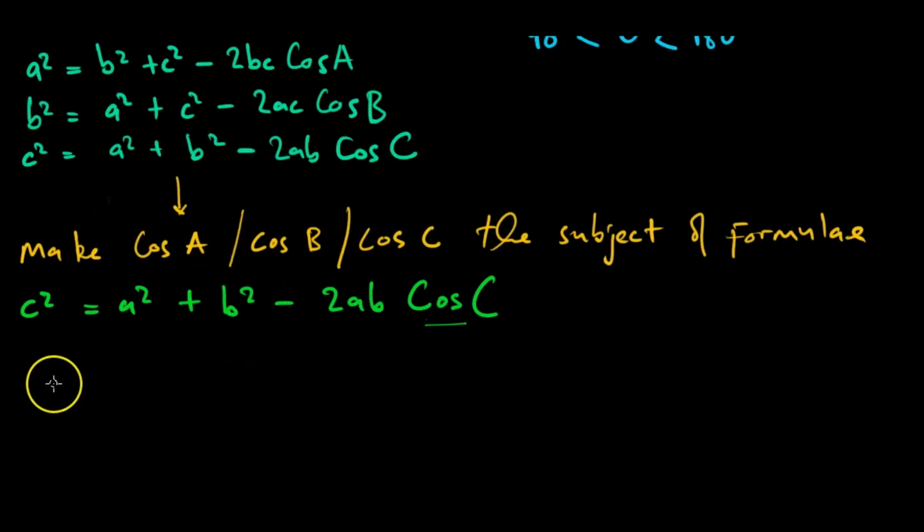Okay. So here, it's just c squared is equal to a squared plus b squared minus 2ab cos C. What we need to do is leave cos C on this side, but to leave it there, we should do something very important. Firstly, we should know how many terms we have in this expression. So c squared is our first term, a squared our second, b squared our third, then 2ab cos C is our fourth term.